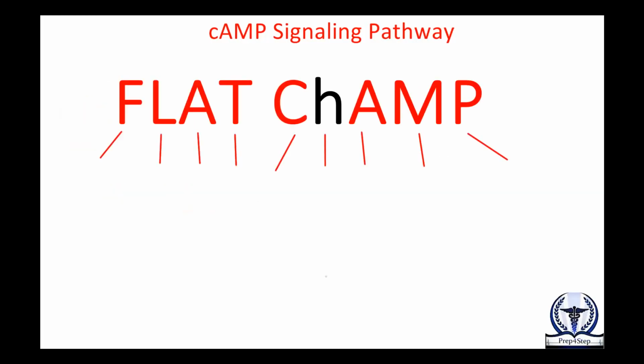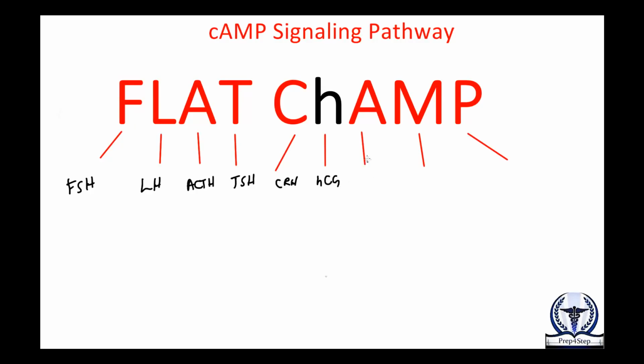Okay, so let's see what type of hormones actually use this signaling pathway. This is pretty good for the guys that are studying for Step 1. The mnemonic used to memorize the names is called FLAT cAMP, and each of these stands for something. The first one is FSH. The L is LH. The A is ACTH. The T is TSH. The C is CRH. The little h stands for